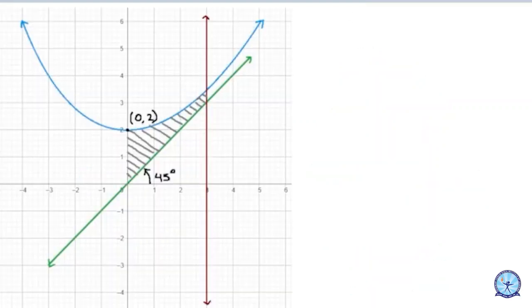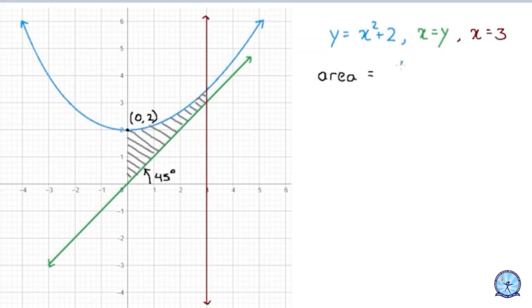Using integral calculus, we can even find areas of more complicated graphs. Like here, the area to be calculated is bound by a parabolic curve and multiple lines. Here we have a parabolic curve part whose equation is y equals x square plus 2. We also have a line of equation x equals y, and finally we have another line of equation x equals 3. In order to find the area of the bound region, we need to calculate the area under the parabolic curve of equation y equals x square plus 2 under the limits 0 to 3,